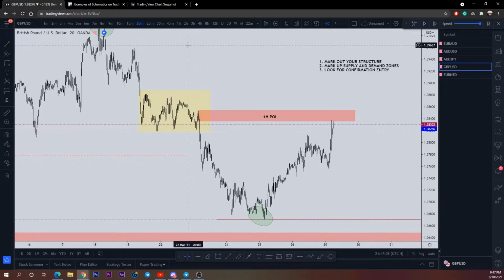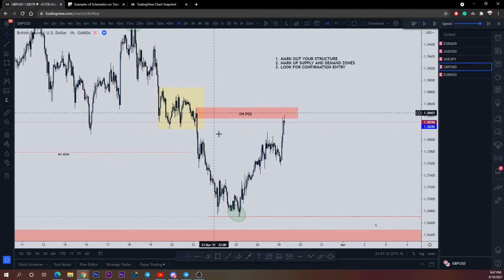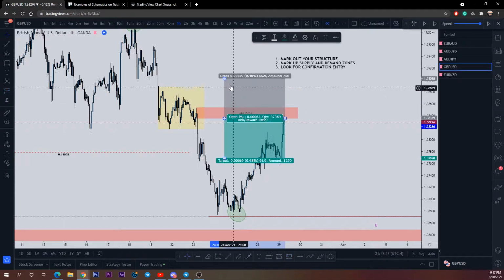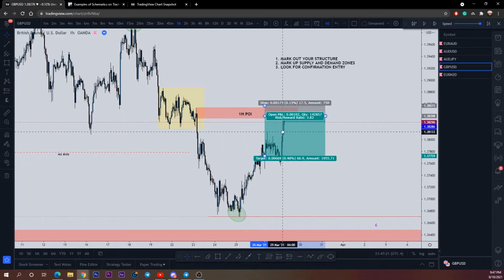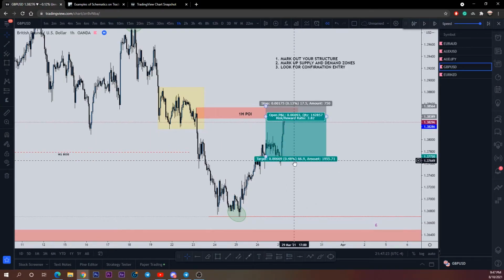So usually when people trade smart money, you usually would set a limit here. Okay, usually would set a limit here, stop loss at the high or whatever, right? And then this would be your trade. I don't have a problem with that, right? I used to do that. I used to set limits on these areas. But what I realize is